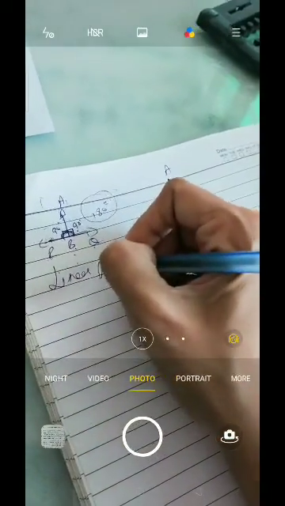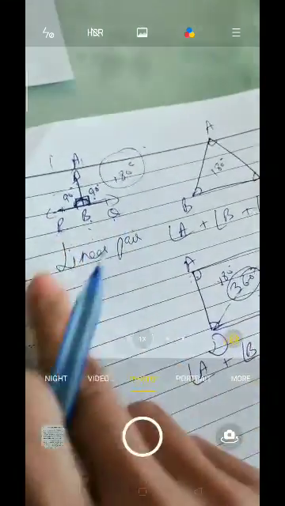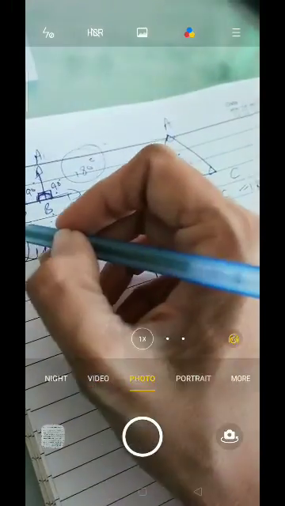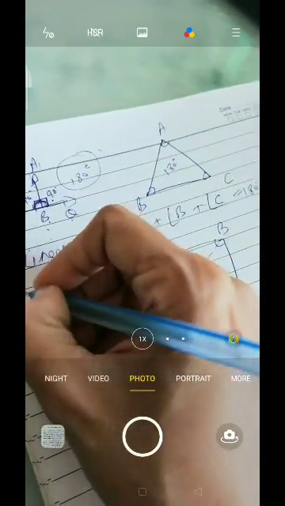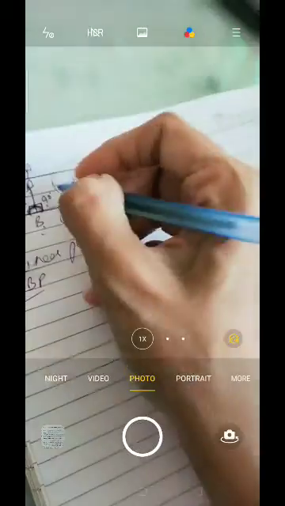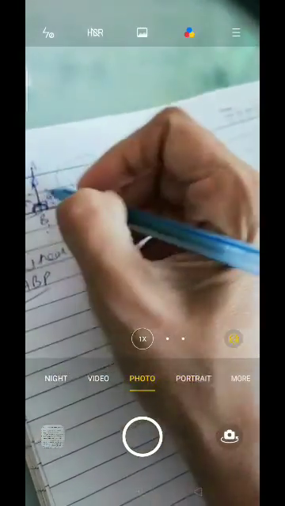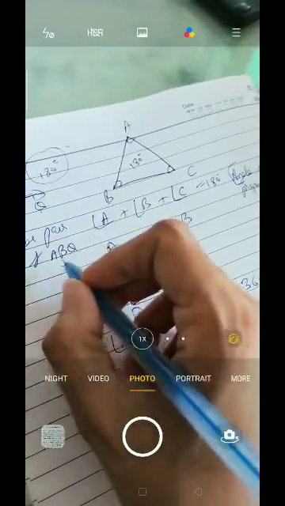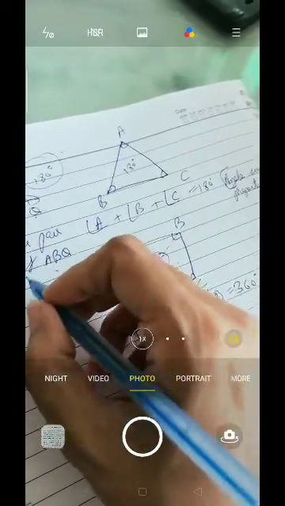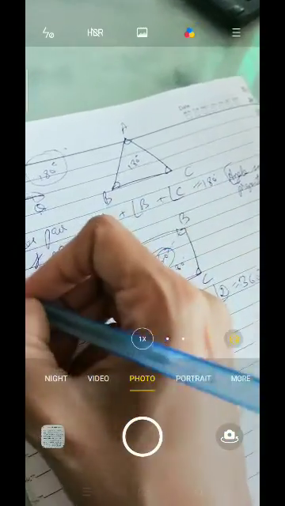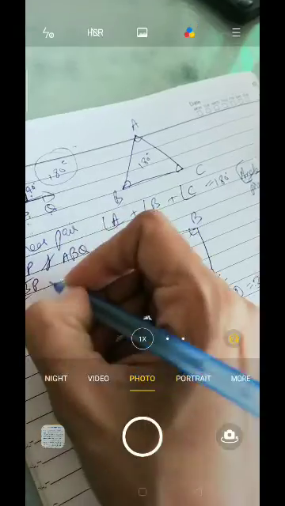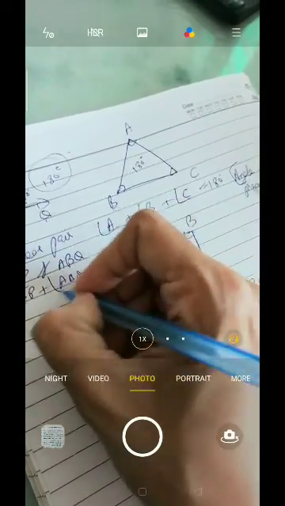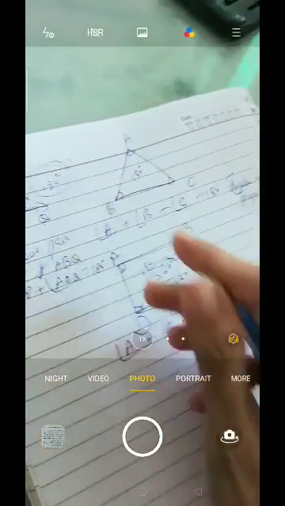And this is called a linear pair. What do you mean by pair? Means two angles. Which are the two linear pairs over here? Can you name them? One is angle ABP, and the other is angle ABQ. These both are a pair of linear angles, and if you add these both, you should get 180 degrees. Clear? Yeah.